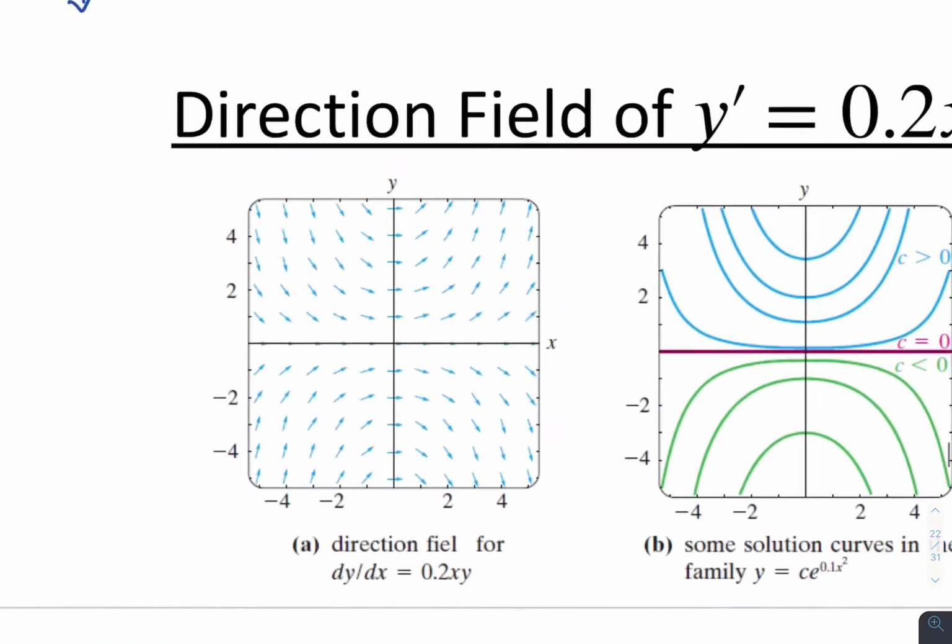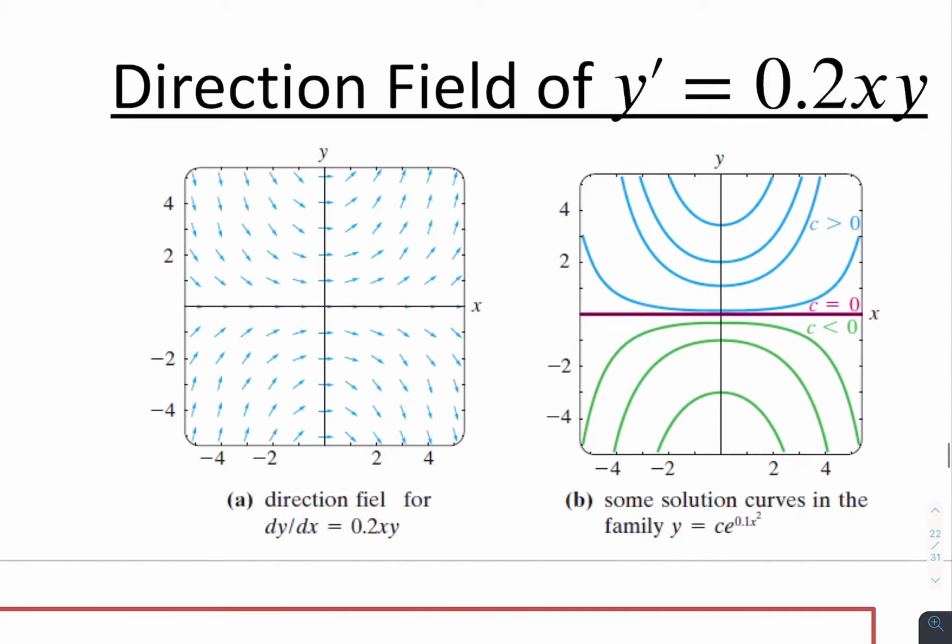So for example, here's a direction field for this differential equation, that is dy over dx is equal to 0.2xy. And you see that that's the direction field. You see how the solutions behave. So it seems like the solution is kind of going along this way, going along this way, going along this way. And here are the solution curves for that particular